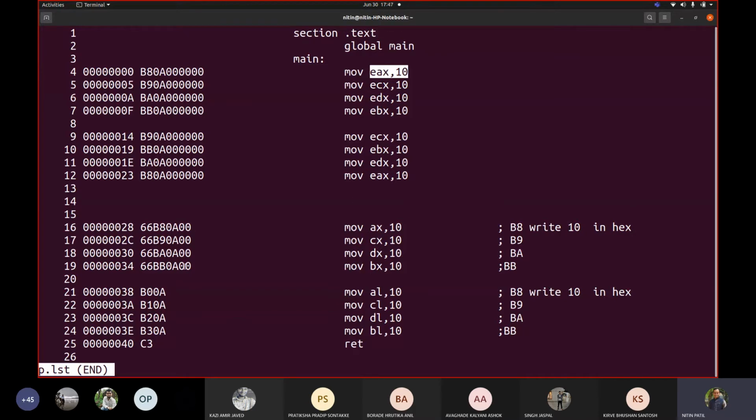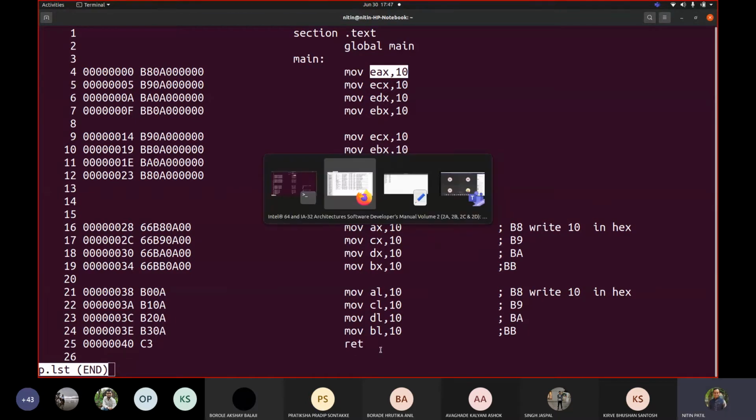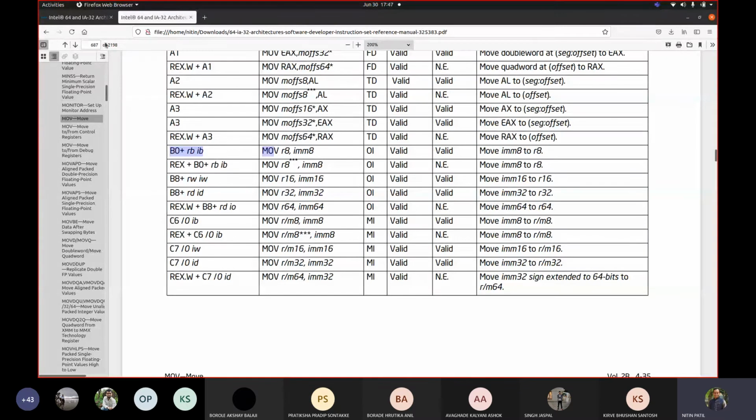For 16-bit, 8 opcodes, and for 8-bit, again 8 opcodes. Here we took only 4, but we can write another 4. So see, 8 plus 8 plus 8. For register comma immediate only, you have 24 instructions. How many instructions are there? And that is the reason why this is this big. These many pages.